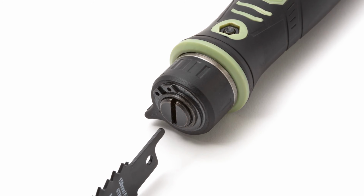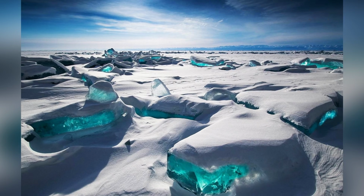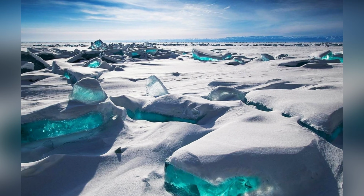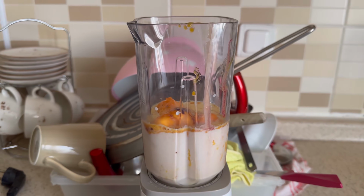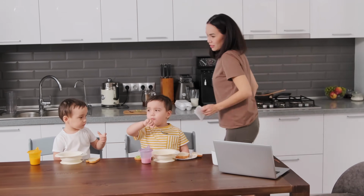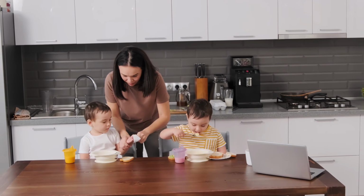The adjustable blade lets you tweak the texture from fine to coarse, which is a nice touch. However, it's still ice-dependent, and the motor isn't powerful enough for big batches or frequent use. The plastic build feels lightweight but not super durable, and it can get messy if you're not careful. It's a solid middle ground option for small households or casual users who want more than just snow cones without